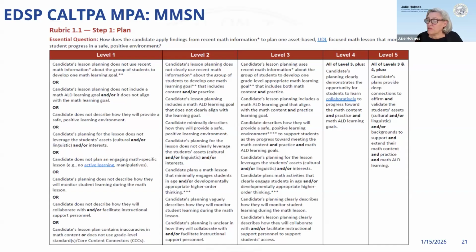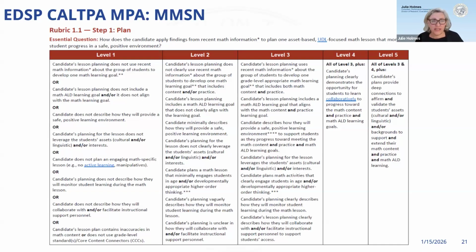So planning those math activities that are going to engage their students in age and or developmentally appropriate higher order thinking. So very important to build higher order thinking into your coursework and be looking and thinking and talking about that level of engagement. What does that look like? How can I do that as a teacher? How do I interact with that? That's probably a very hard first step for a candidate. So giving them case studies, giving them examples and ways to think through that.